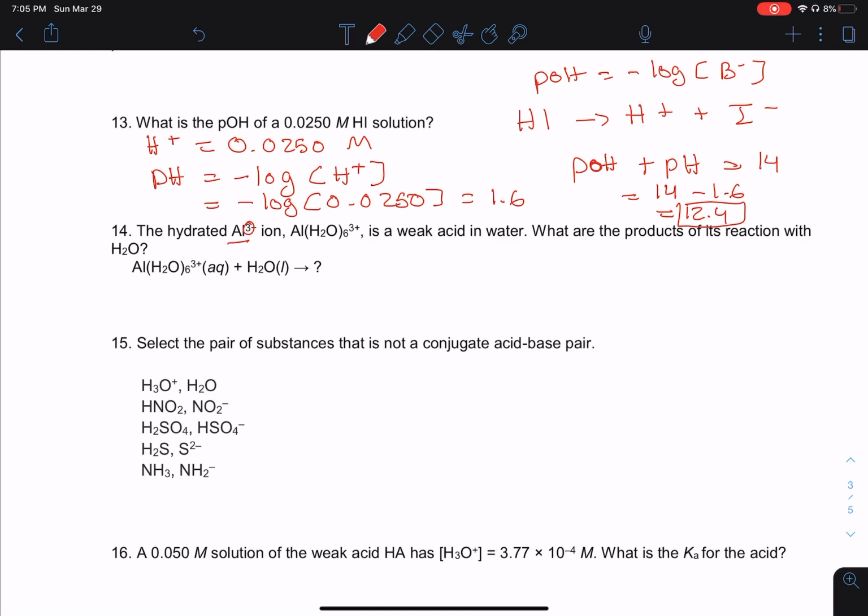You can see the 3 plus, and it's small, so it attracts water molecules that bind to it through covalent bonds, and the Al3 plus is able to attract the lone pair of electrons of the OH in the water molecule. So it splits into OH and H plus, and that would mean that